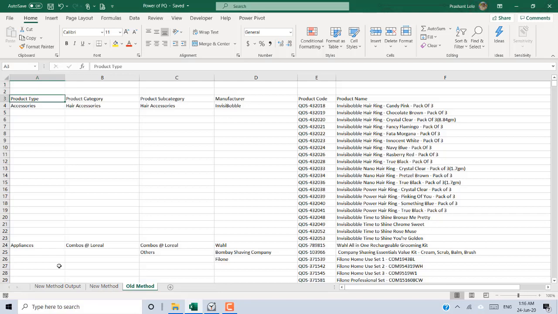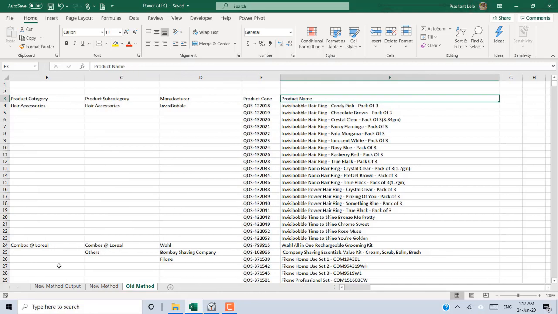This is just a product master of a retail or maybe fashion company, and this product master consists of 6 columns: product type, product category, product subcategory, manufacturer, product code, and product name.